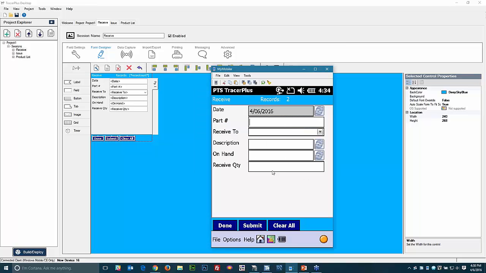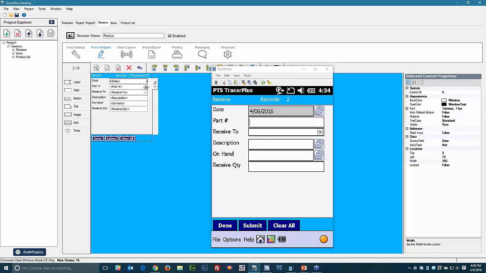Okay, if we go to receive, so there's our form. You'll notice we have some refresh buttons here. We can actually get rid of those. Those will appear for all lookup, calc, and date type of fields, anything that's refreshable. So if we go back to the form designer, we can click on, let's see, the date, and then this hide refresh button, just set that to true